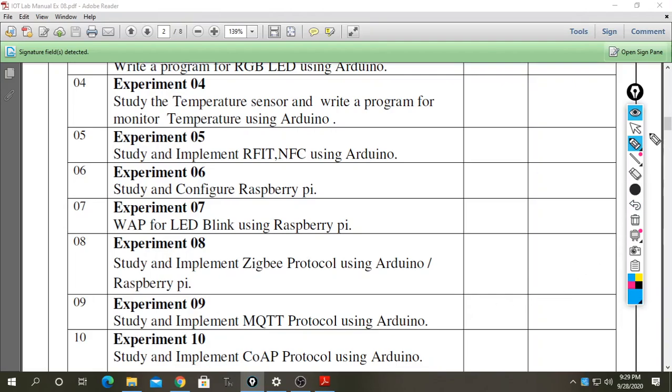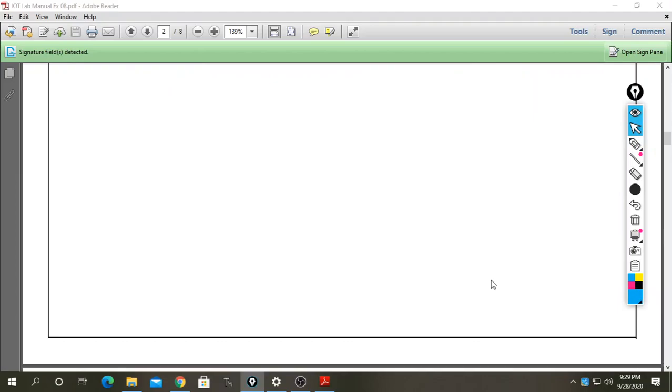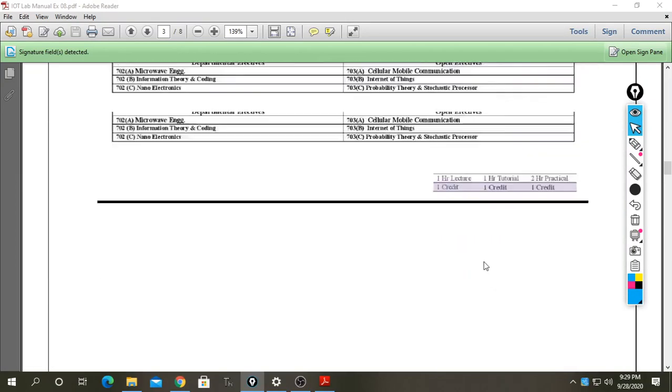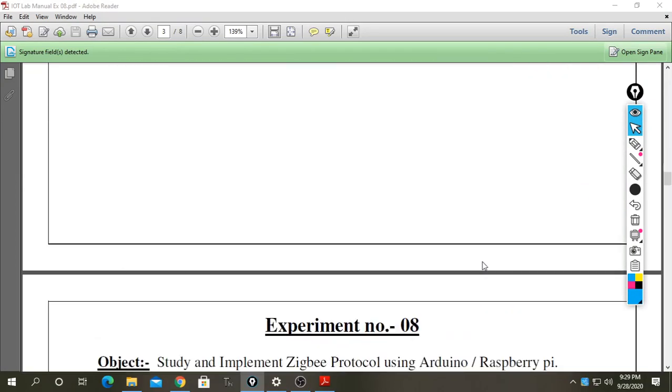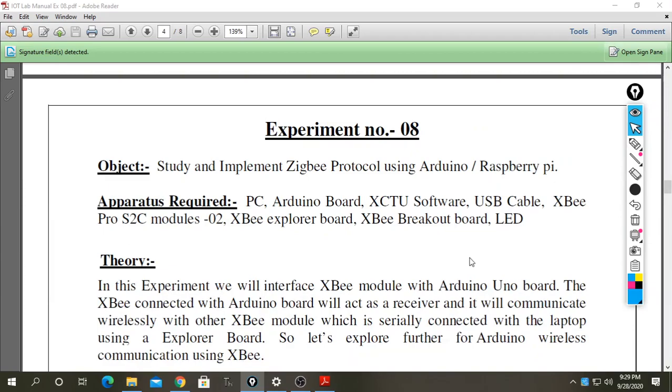Now if we see the experiment, this is our scheme: study and implementation of Zigbee protocol using Arduino or Raspberry Pi. So what we need, first a PC. As you can see, I am already performing over PC.